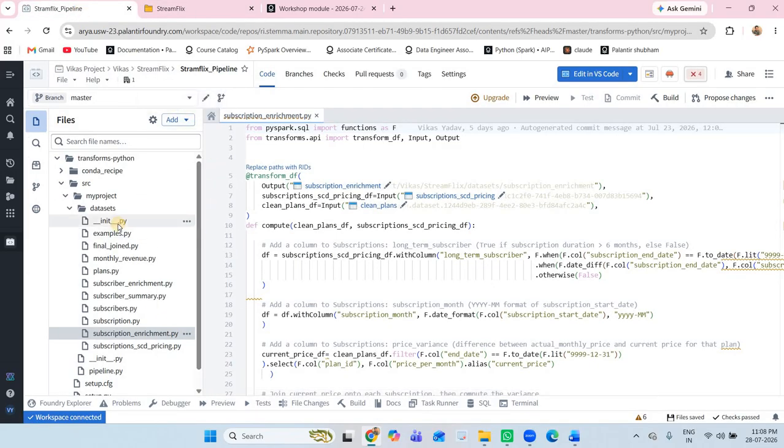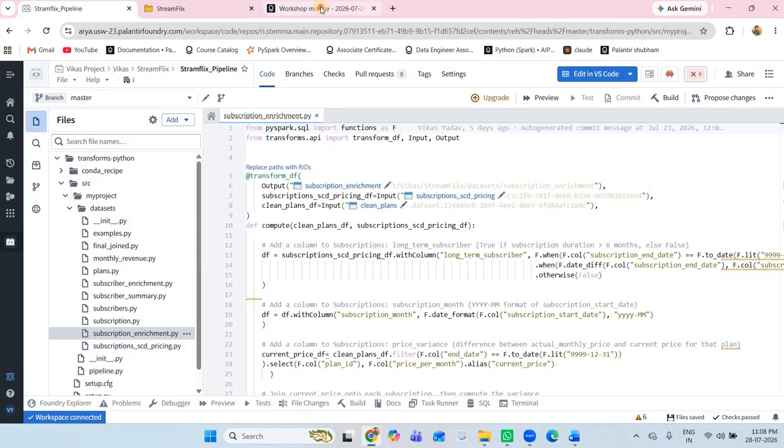At the moment I have inserted my datasets into the code repo. In this I have taken the plans, subscription and subscribers tables, the datasets. After that I did the cleaning, then the subscription enrichment and subscriber enrichment, and after joining I created the monthly revenue.